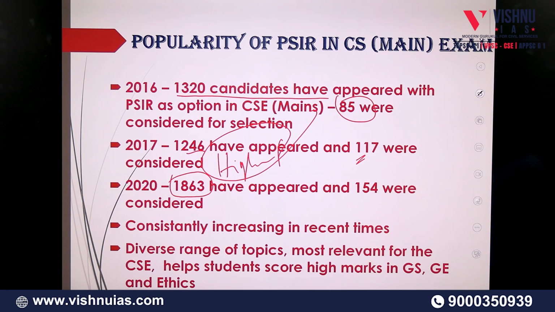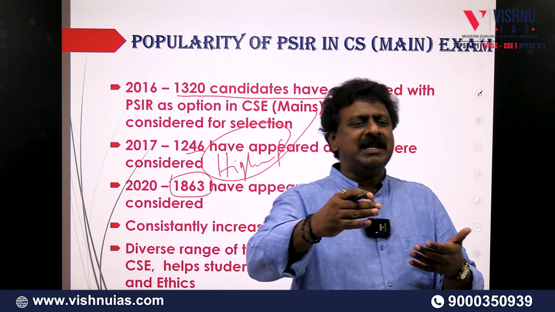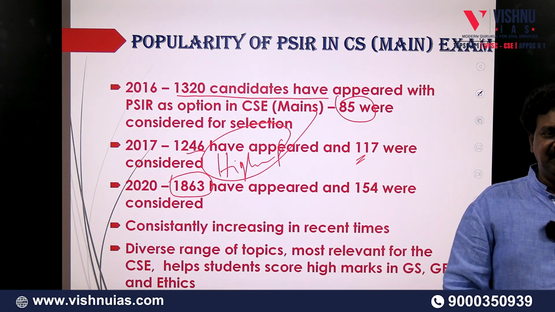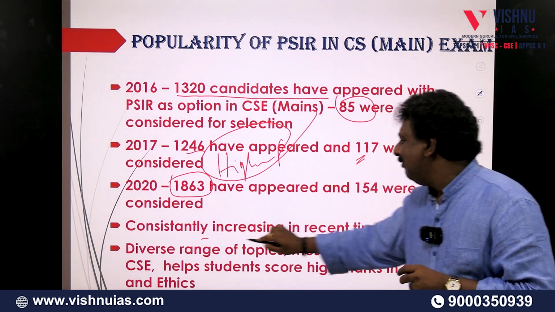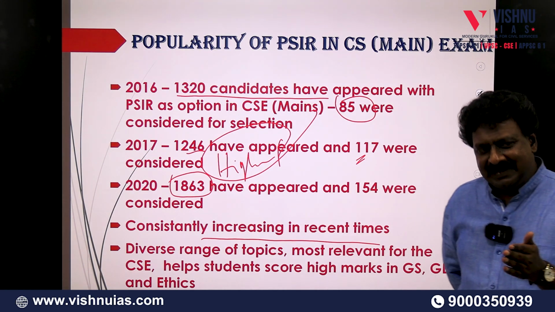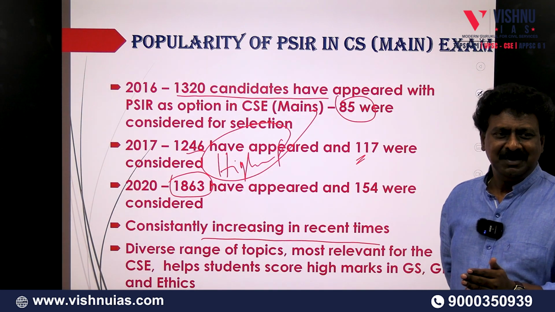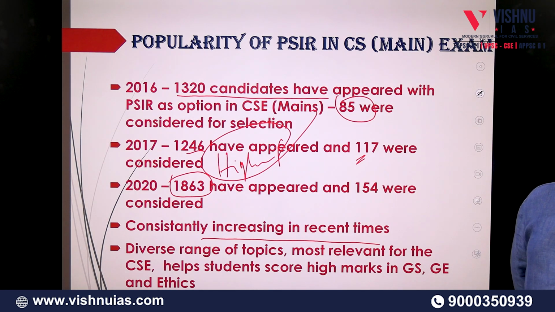The more encouraging thing about political science is that UPSC tends to show a pattern which persists for a considerable period of time. The number of candidates taking political science is consistently increasing in recent times. That shows that political science is emerging as the favorite option for students. But there must be a reason for this, isn't it? People are not foolish, isn't it? Now, why this popularity?